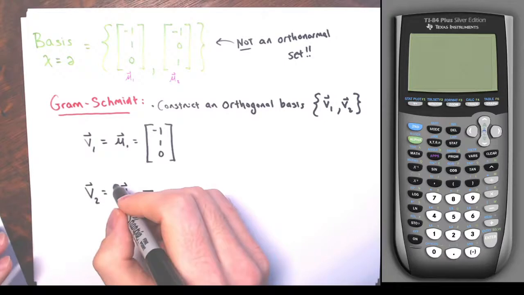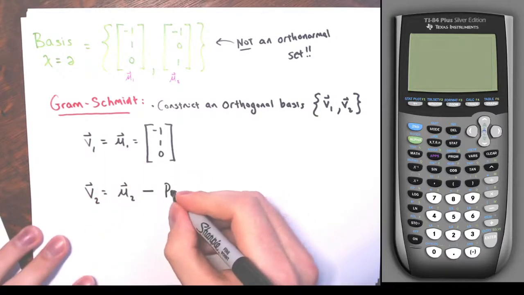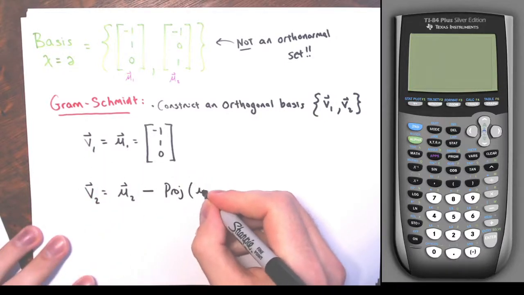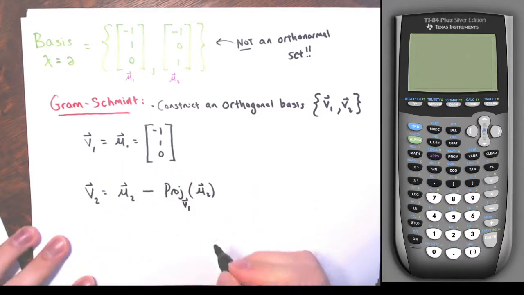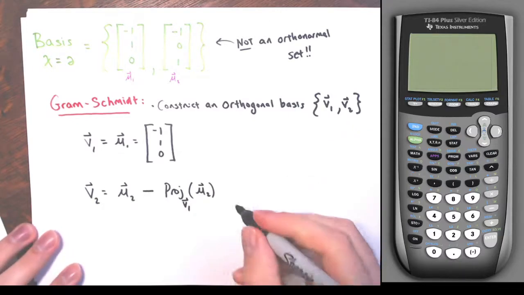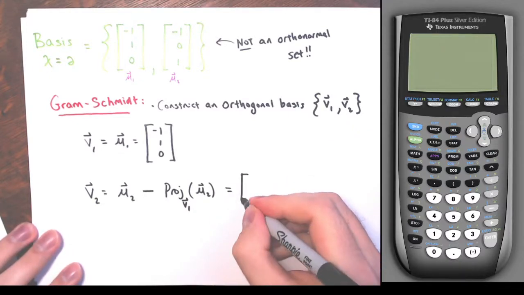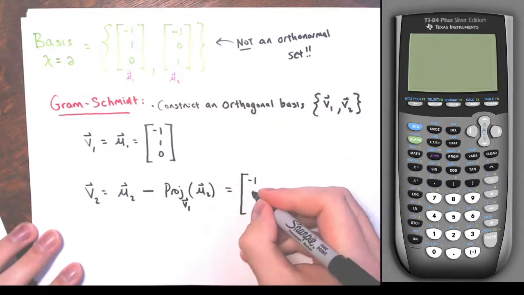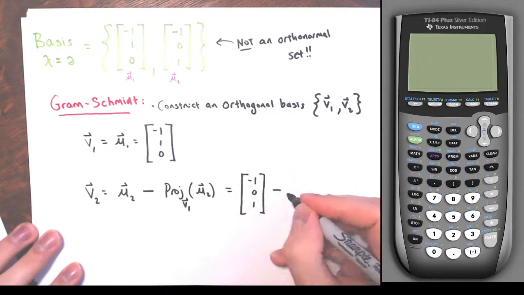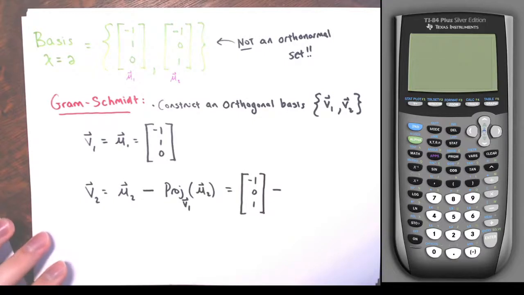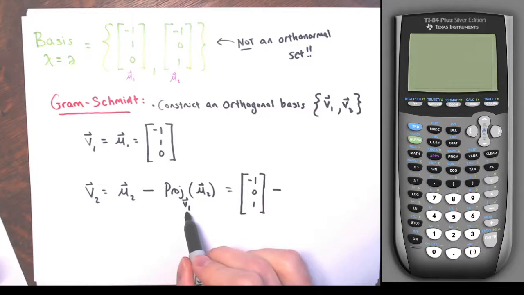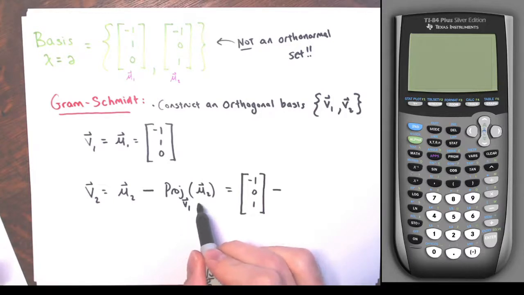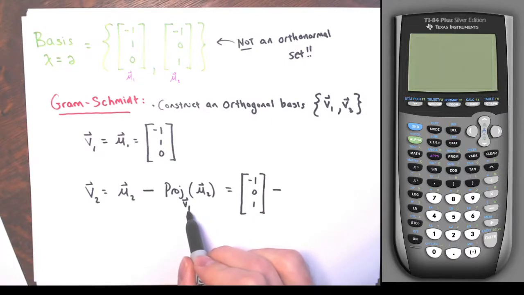There's only one previous vector, so I subtract the projection of vector u2 onto vector v1. So what is this? u2 is the vector negative 1, 0, 1 minus, and remember how projections go. It's the inner product of these two vectors in the numerator divided by the inner product of the vector you're projecting onto with itself in the denominator for the scalar,